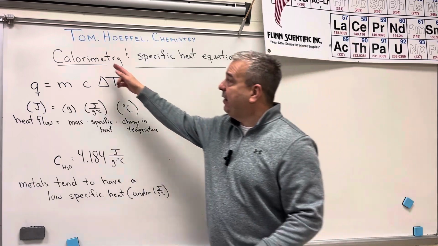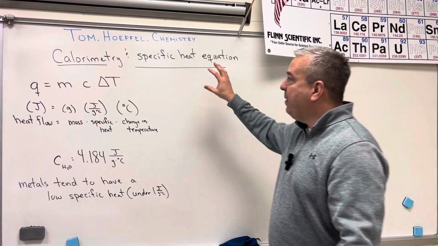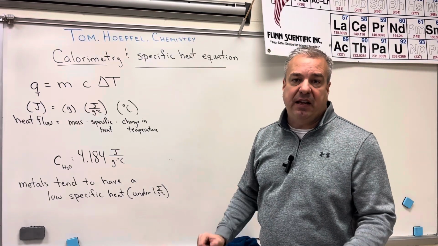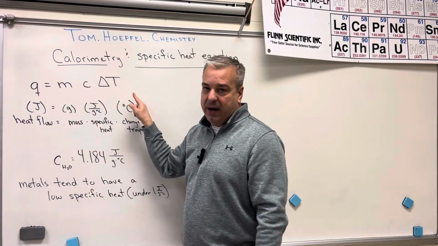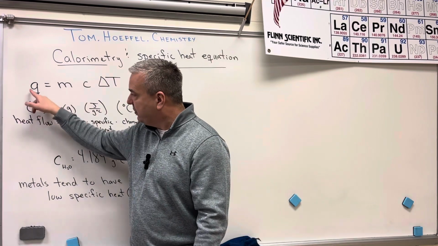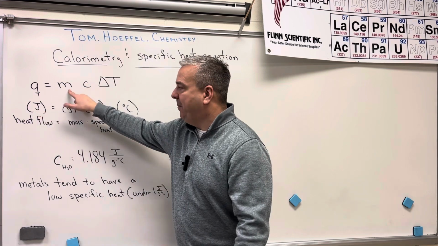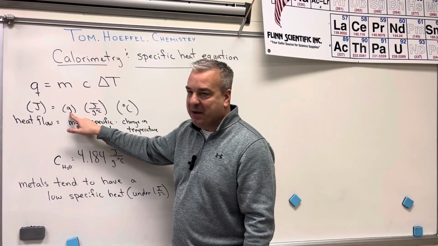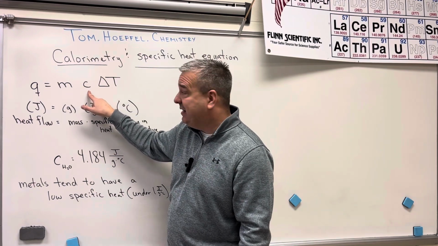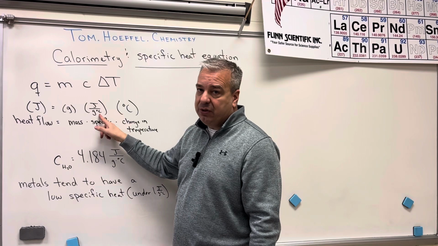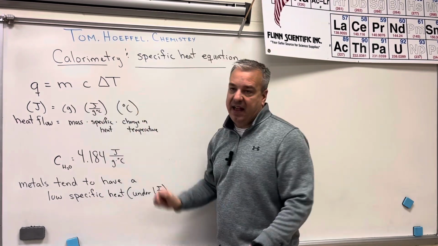So really, calorimetry is just the way that we're going to measure heat flow experimentally, and the way we do that is by using the specific heat equation. Specific heat is the C in this equation, but let's go over all the parts of the equation. Q is the measure of heat flow, in the unit joules. Mass is M, measured in grams. And then this idea of specific heat, which we're going to talk about in great deal today, is measured in joules per gram degree Celsius, and delta T is the change in temperature,